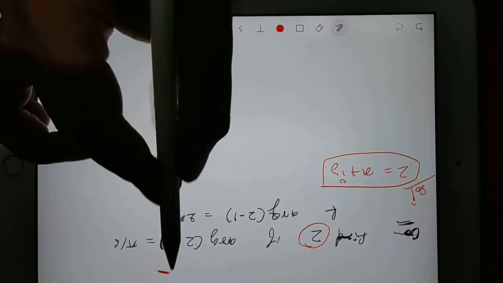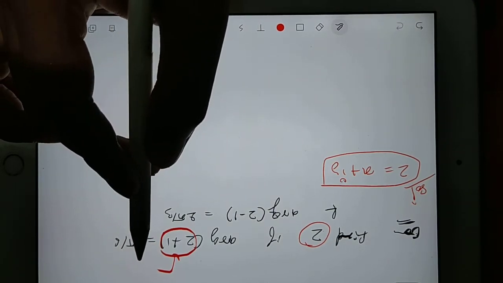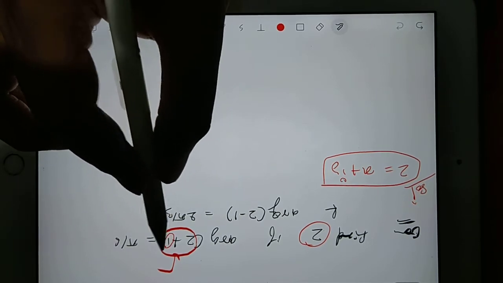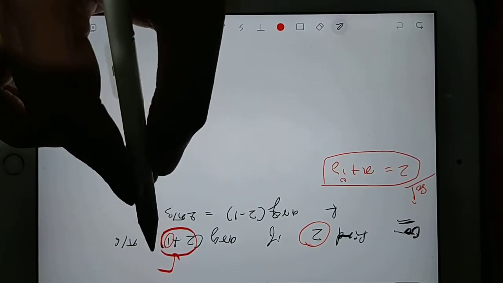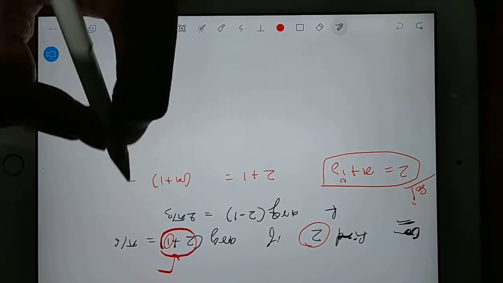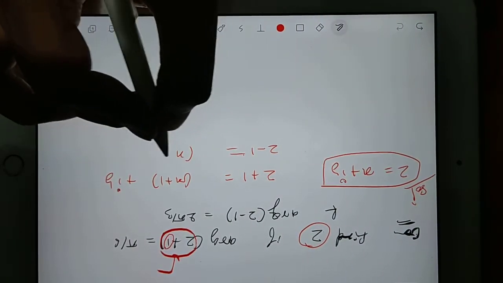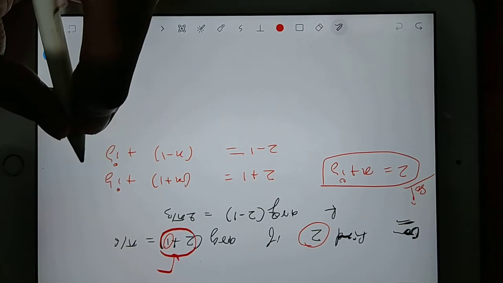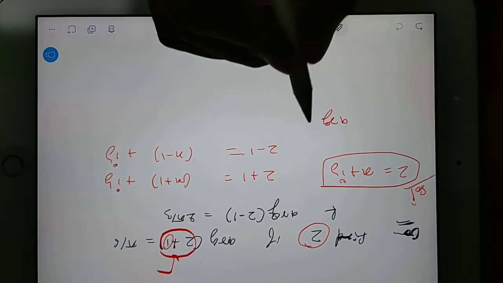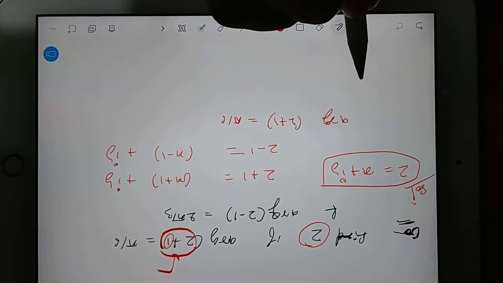If z plus 1 is given, where will I add this 1? That 1 I will add to the real part, because the number being added, plus 1, is a real number. So z plus 1 I will write as x plus 1 plus iy. In the same way, if z minus 1 is given, then I will write x minus 1 plus iy. Clear? Now the argument is given. The argument for z plus 1 is given as pi by 6.